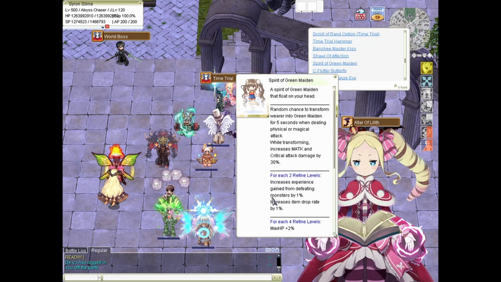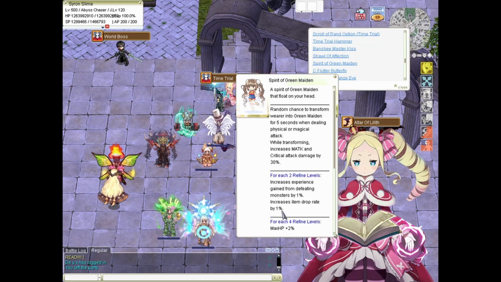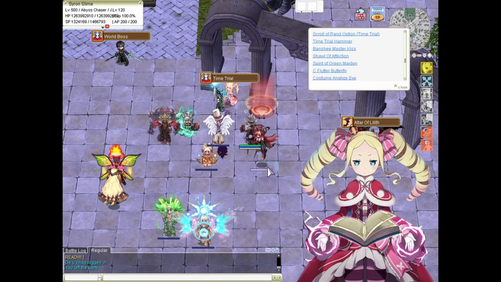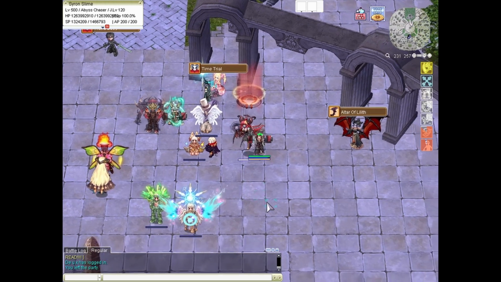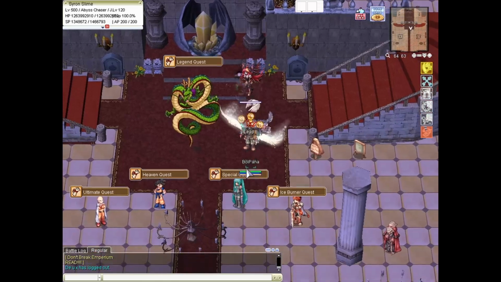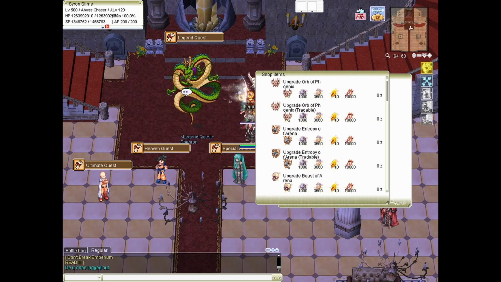Spirit of Green Maiden. I'm not going to focus on the other info, I'm just going to focus on this one, wherein for each two refined items, besides gaining experience points, you can increase your drop rate by 1%. So a general headgear can be refined up to 20, which means that you can have an increased item drop rate by 10%, followed by the other legendary items, which you can get either via donating, or